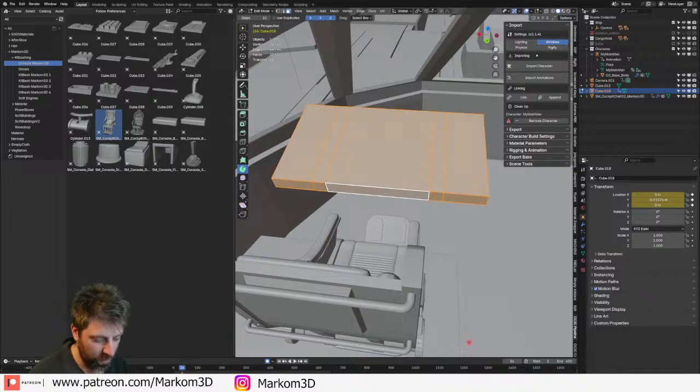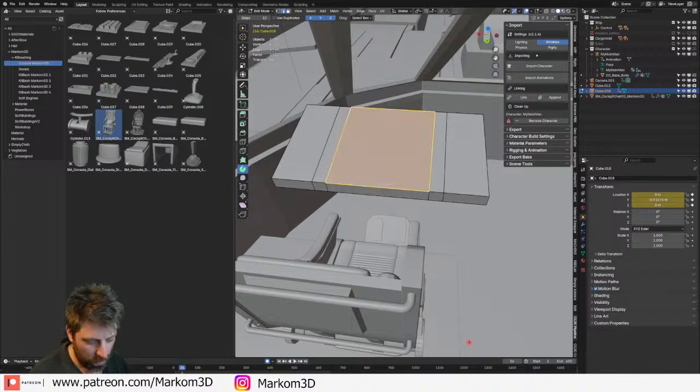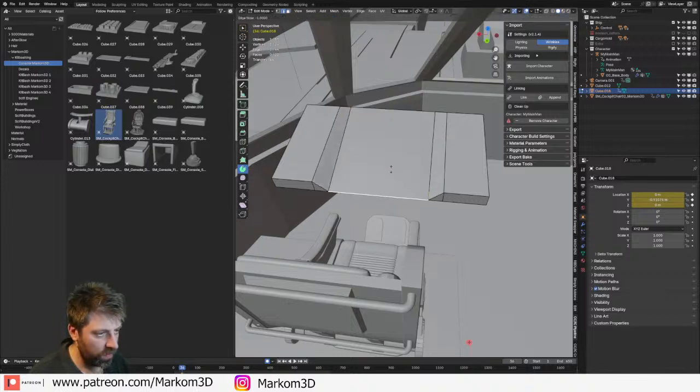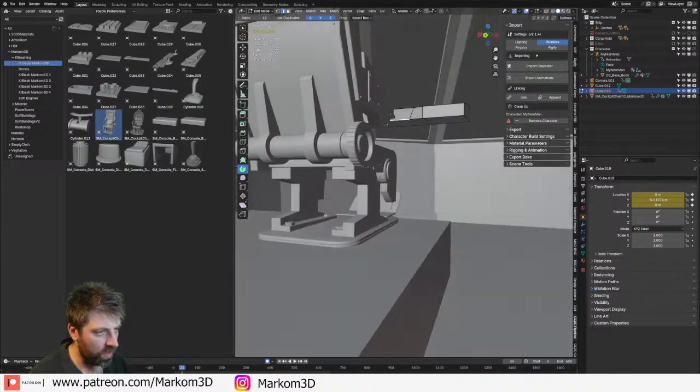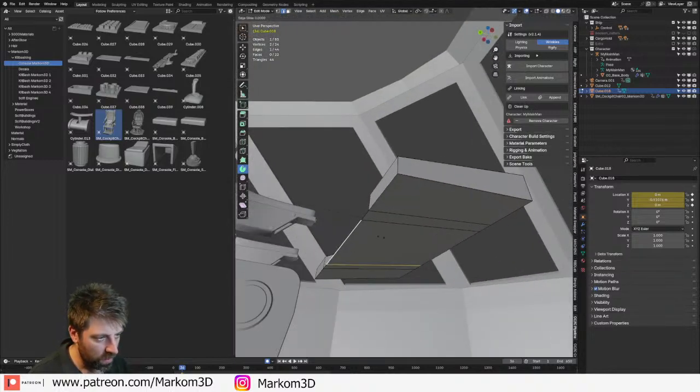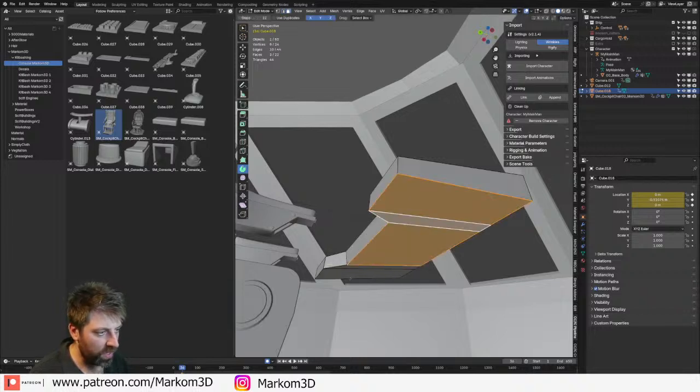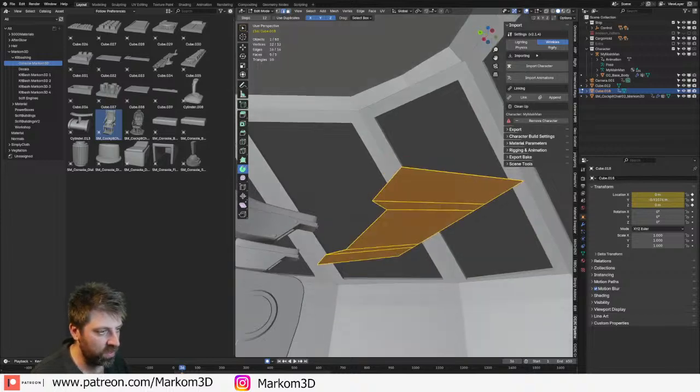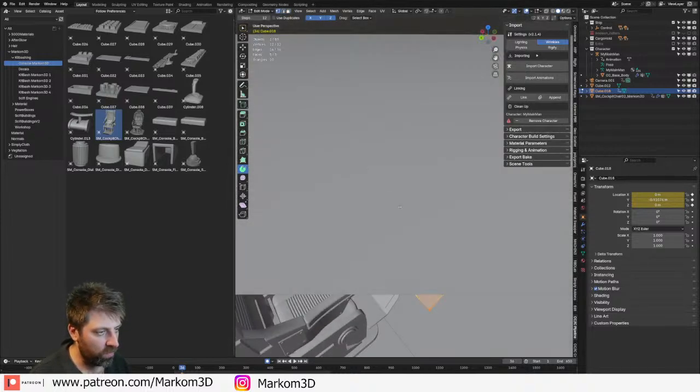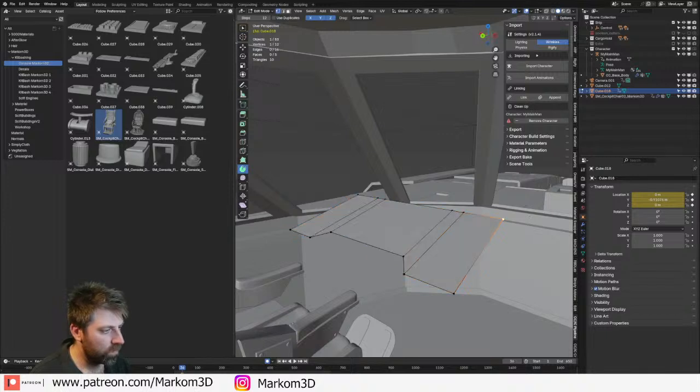Okay, let's go Shift N. Can we do this? GG. No, I want the other way. Something like that. GGs. Something like that. Let's make it actually a little bit better. I'm going to delete all these faces or vertices. And then once we've got kind of the right angle, let's do a GG. Bring it down.